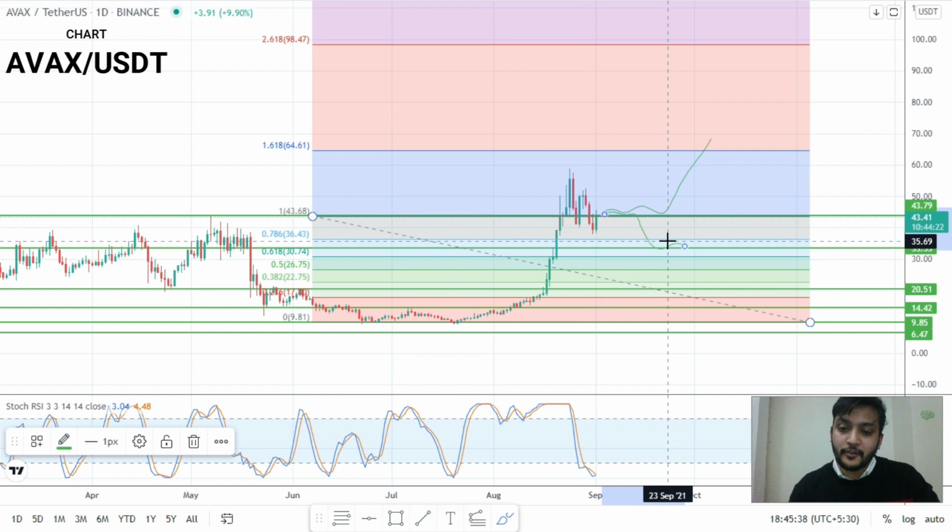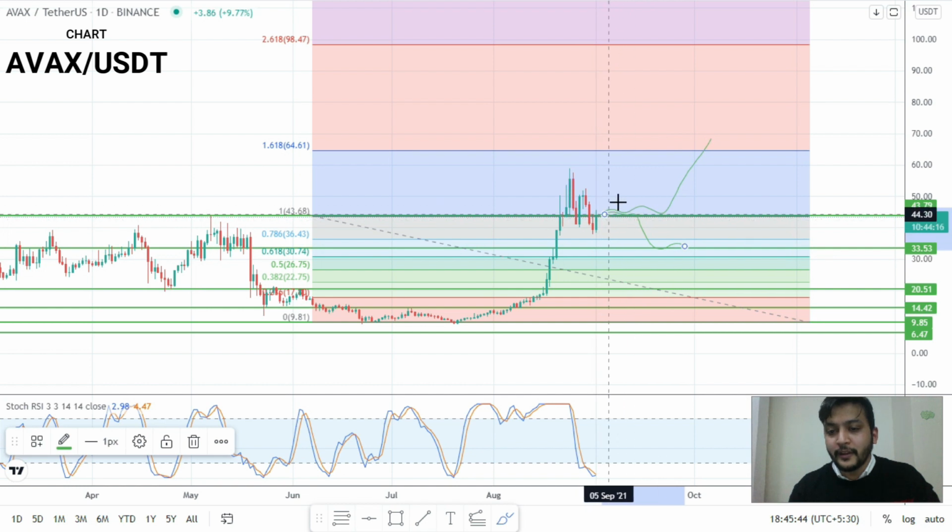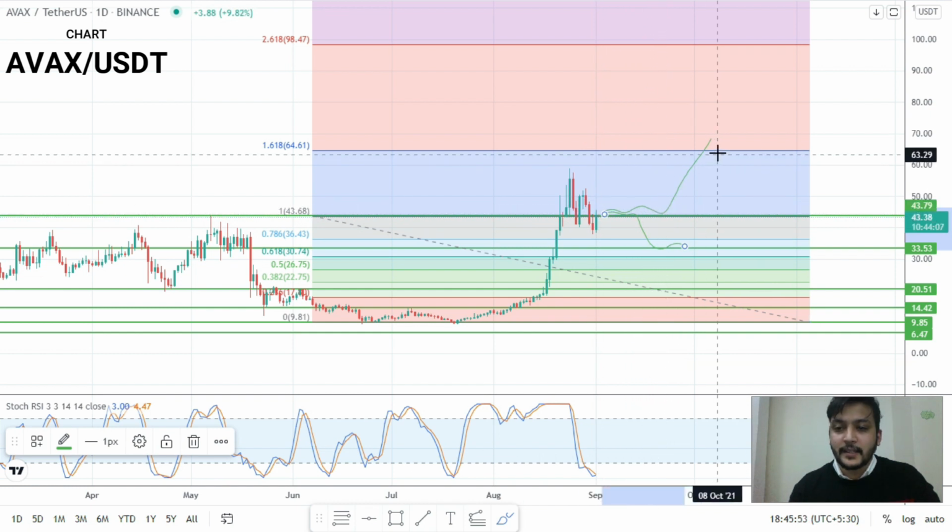So from a trading perspective, you could definitely place your orders at around $33, or you could wait for AVAX to close above $44, and see for how long it stays. If it stays above 44 for a long period of time, then you can start adding your long orders here and start targeting take profits at around $64. Same thing you could do at 64. If it can stay above and stay for a while, then you can start longing again at 64